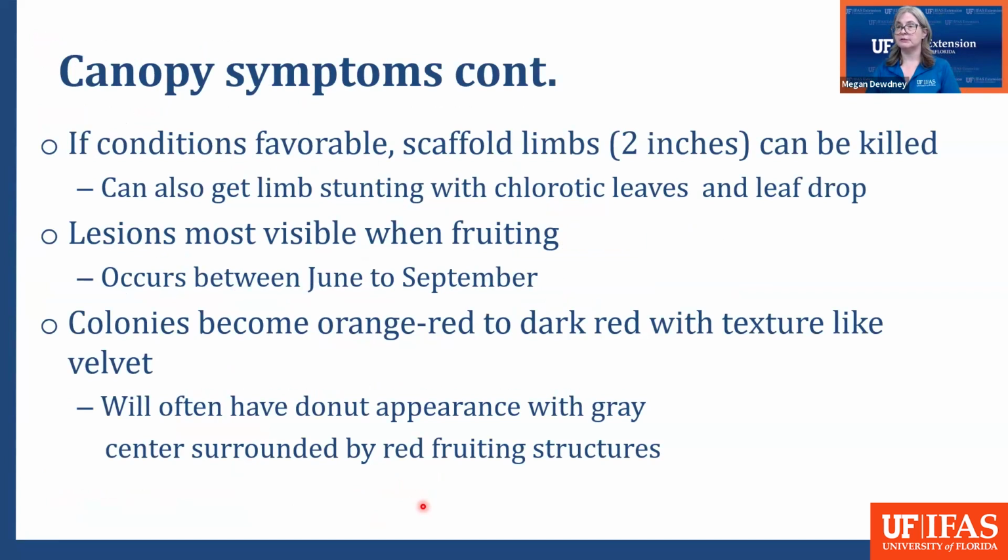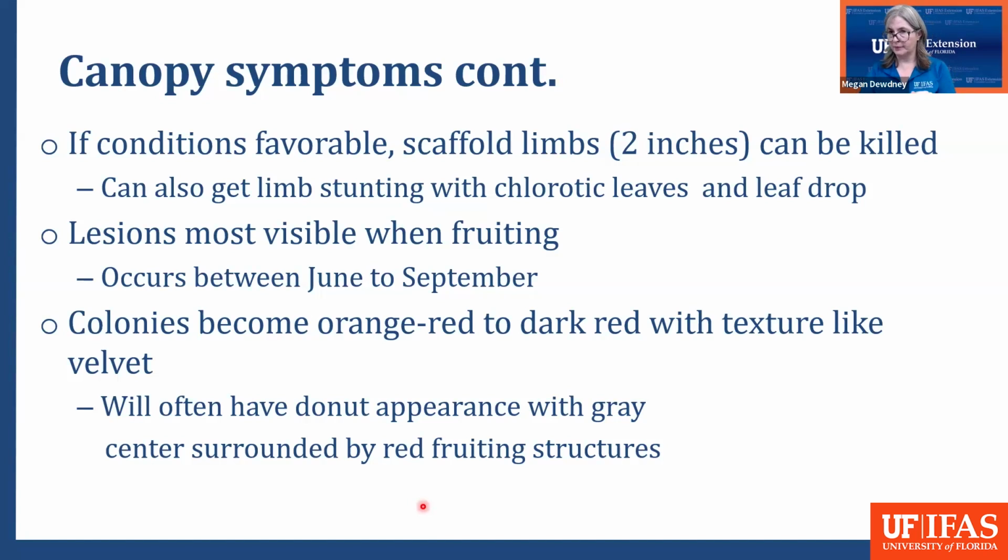So this is pretty serious, especially in small trees when you're trying to set out a beautiful canopy to hold fruit in future years. But we also see limb stunting with chlorotic leaves and leaf drop. But most of the time I see mostly the cracking of the bark and then the whole limb dying back, because I'm pretty sure that other things can get in there, some of the other fungi that are out there